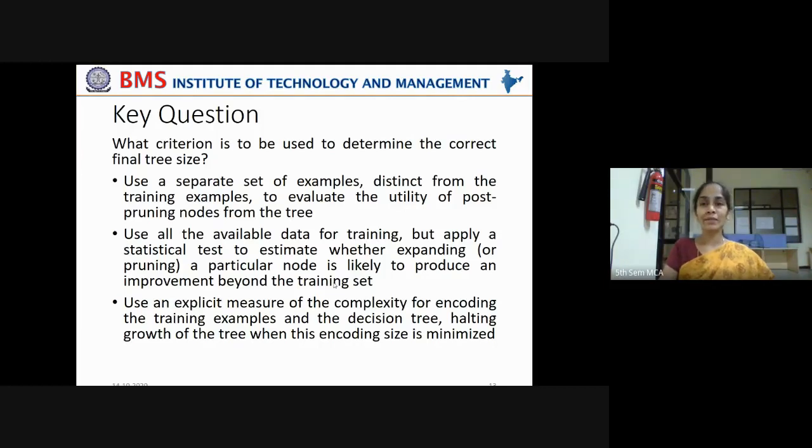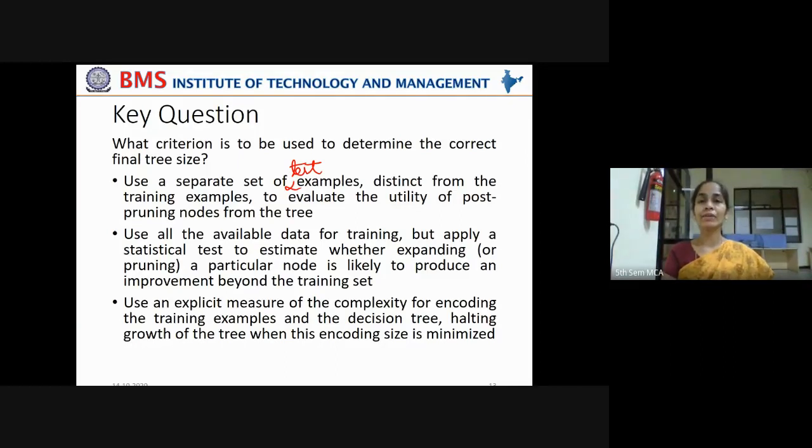Use a separate set of examples, test examples, distinct from the training examples, to evaluate the utility of post-pruning nodes from the tree. You can write this as test examples.